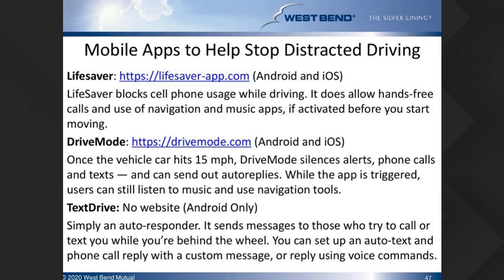So the first one I just want to mention is Lifesaver. You can go to the website provided. This is an app that's good for Android and iOS networks, but Lifesaver blocks cell phone usage while driving. So while the cell phone identifies that it's in motion, it will actually block cell phone usage. It does allow for hands-free calls though, and if you implement your navigation and your music apps before you start moving, those will remain